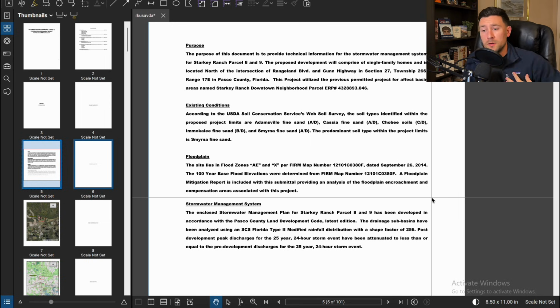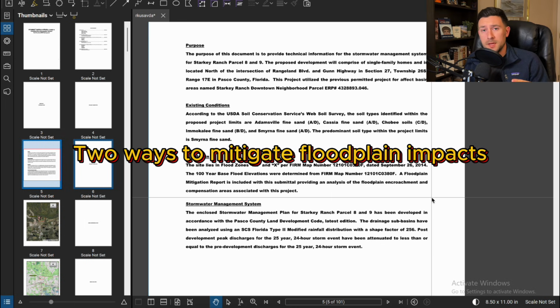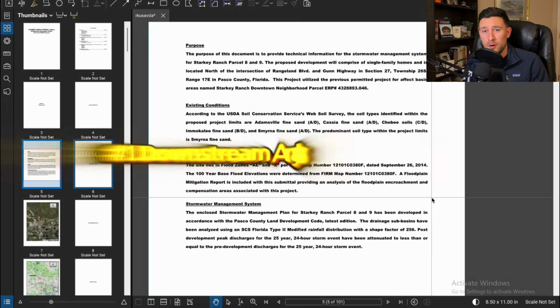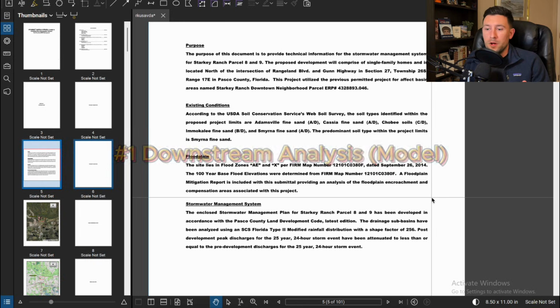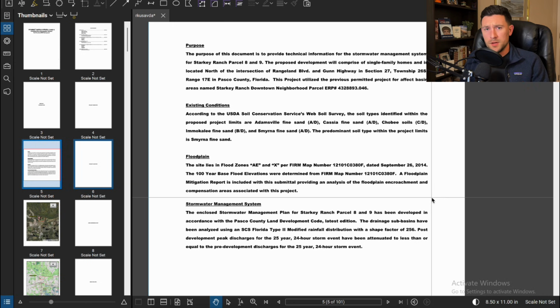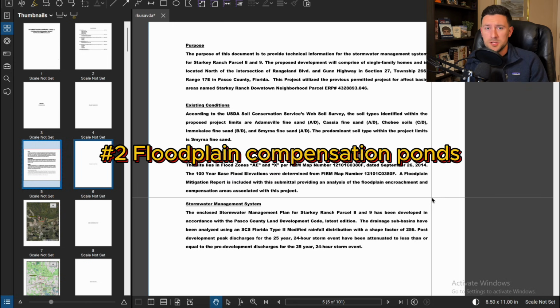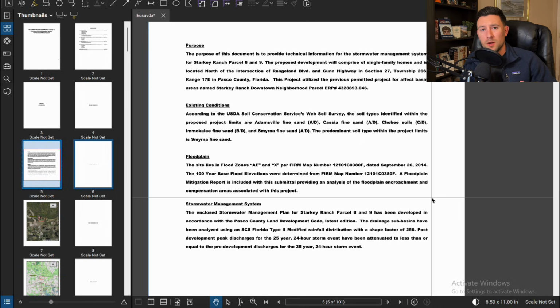Now, at least where I'm from in Florida, there are two ways to provide floodplain mitigation. You can either, one, model out of it, meaning you're building a stormwater model around your site, and you're making sure that none of the neighboring properties are rising in any of the stages for any storm event that you run. The second way to mitigate for floodplain is that you can create what's called floodplain compensation ponds, which is really just some holes in the ground, and you get compensation for any sort of storage that you create between the existing grade all the way down to seasonal high water. So if you have a really low seasonal high water, you can create a lot of floodplain